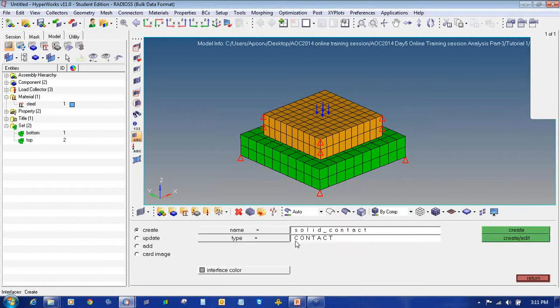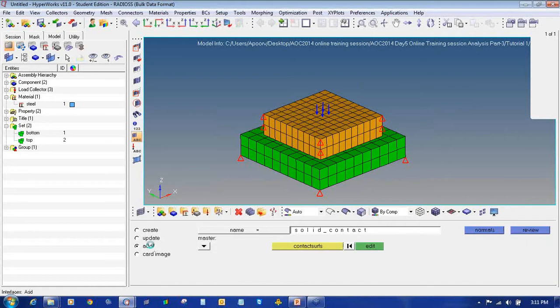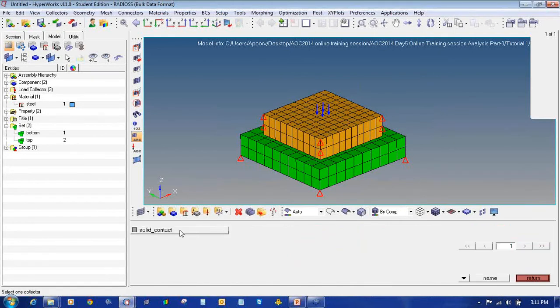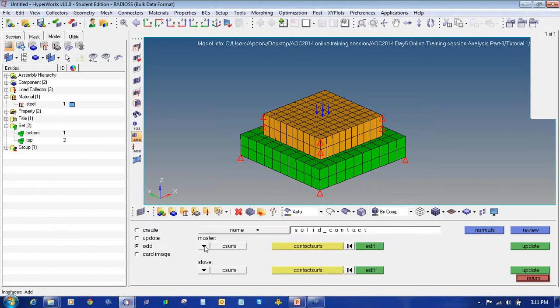Select the type as contact and click on create. Then go to add radio button to add the master and slave. So select solid contact.